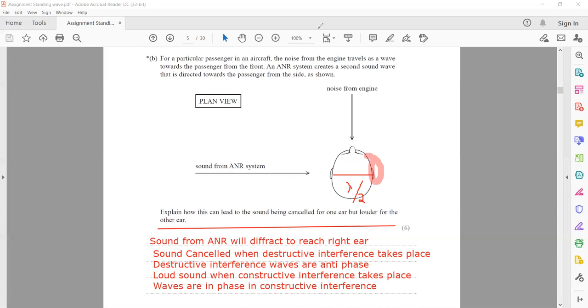Why will it lead to destructive? For example, here the waves cancel out each other when they meet. They cancel out each other, so there is no sound. But when it travels half of the wavelength, then which type of interference will take place? Constructive interference, because initially it was destructive, then after half wavelength it will be constructive, because when you draw the figure,